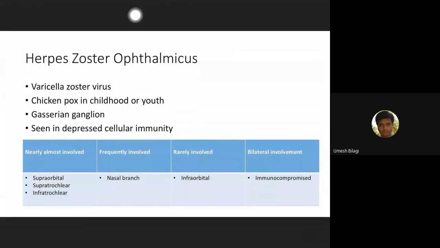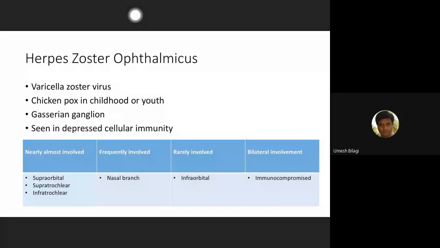Hello, good evening, everyone. I think we will start the second part of the cornea today. I think again it's a very lengthy class. Anyhow, nevertheless, I think we can't help it. We need to complete the syllabus. In the last class we covered the bacterial infections followed by herpetic keratitis, that is herpes simplex keratitis. Today we will cover the herpes zoster ophthalmicus.